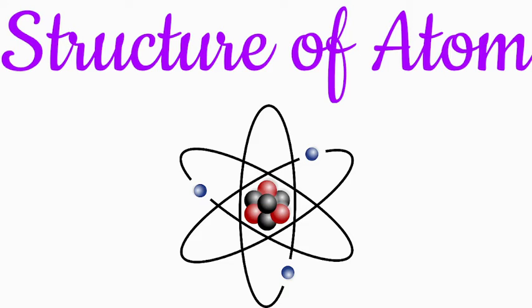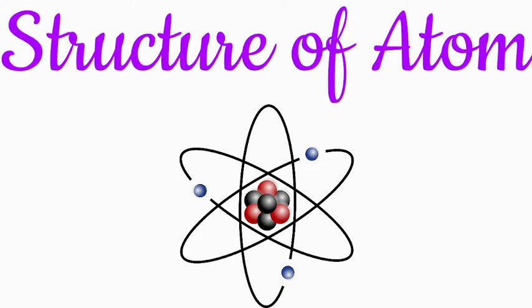The mass of the atom is concentrated in the nucleus, which contains protons and neutrons held together strongly. The total number of protons and neutrons in an atom is called the mass number and is represented by the letter A. The number of neutrons in an atom can be obtained by subtracting Z from A.